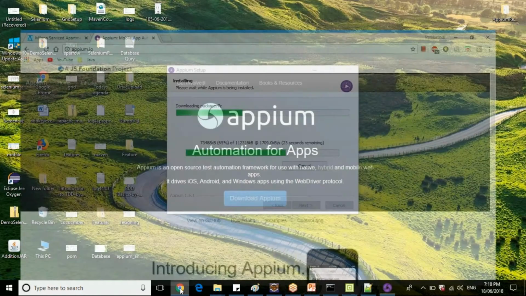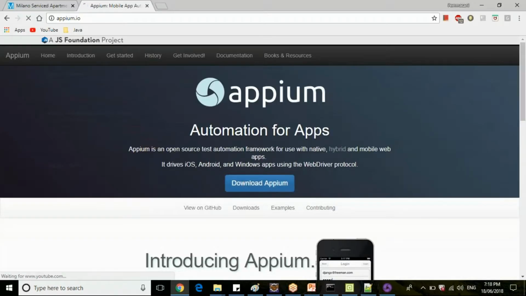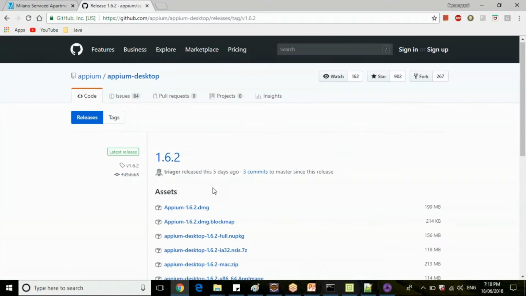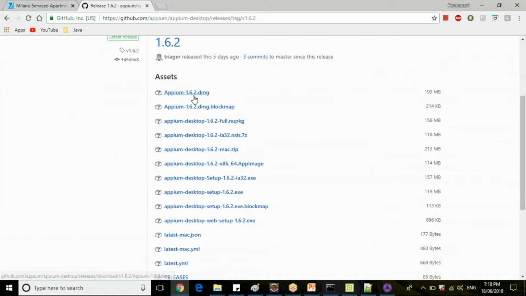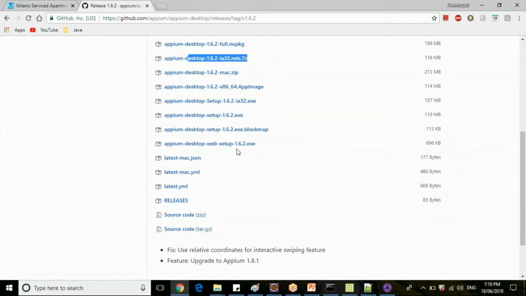If you see the official portal here, when you click on this download button, you will see a list of applications. This is a .dmg file, the extension for your Mac machine, and you have some other extensions for your Linux machines, some zip files. Now I have downloaded this setup file, which is 696 KB.